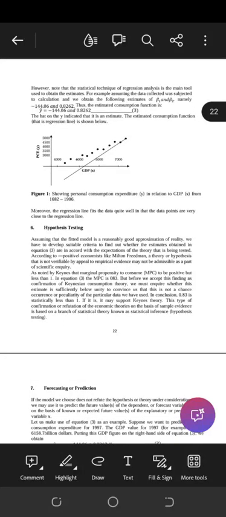However, note that the statistical technique of regression analysis is the main tool used to obtain the estimate. For example, assuming the data collected was subjected to calculation, I will obtain the following estimate. So B1 and B2. So B1 lè fún ní -144.06 ìgbà tẹ́ ti gbé sínú kọ̀ǹpútà tóun ti run ẹ̀. Ṣàfihàn pé B1 based on data tẹ́ fún un, because oríṣiríṣi data tẹ́ bá ń fún ó máa fún yín different results fún gbogbo ẹ̀. So B1 is equal to -144.06.